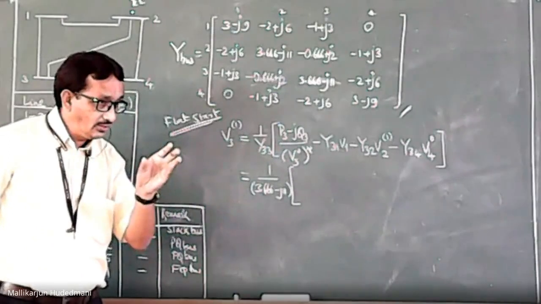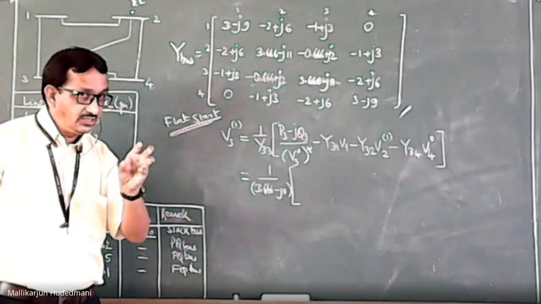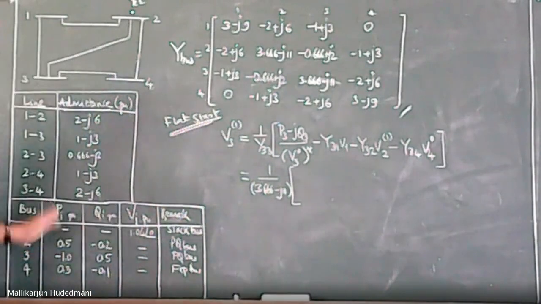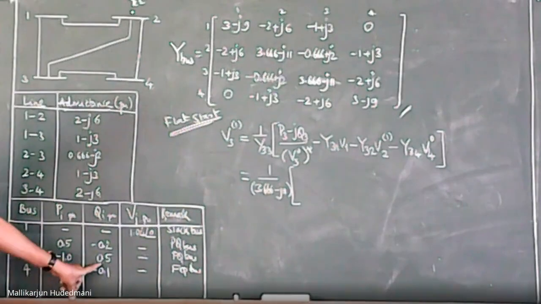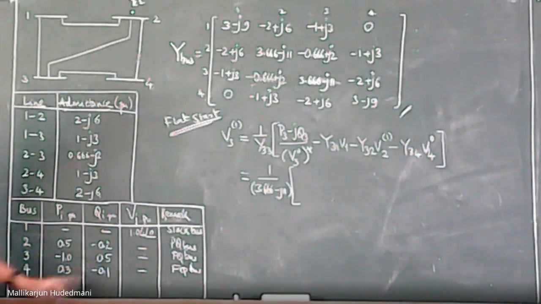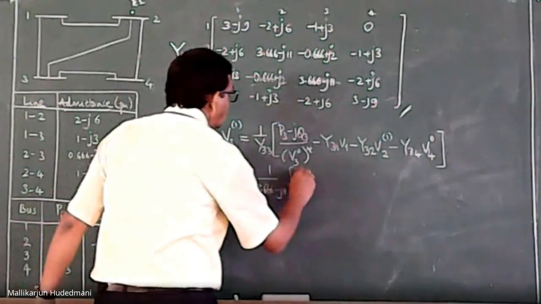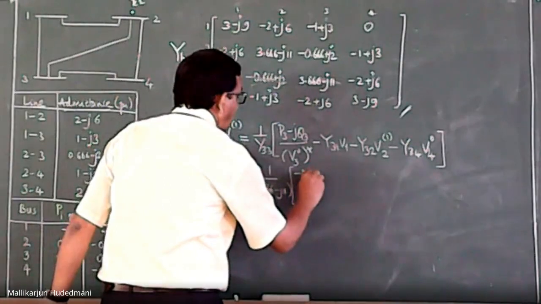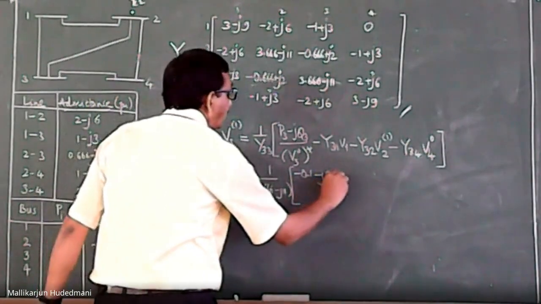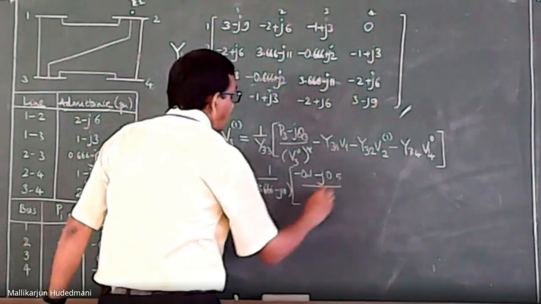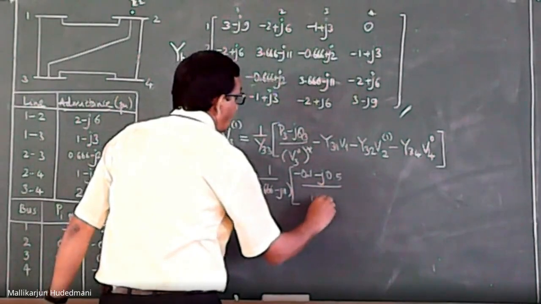What is generation, what is demand? PG minus PD I have to do, but for me it is given directly. What is the given value? Minus 0.1. What is Q? I mean Q total, 0.5. So directly I will place it: minus 0.1 minus j0.5, this divided by 1 angle 0,